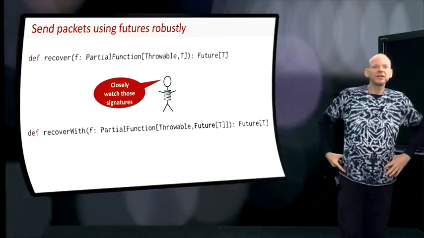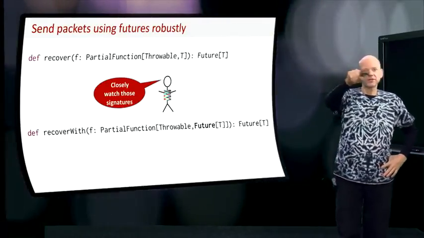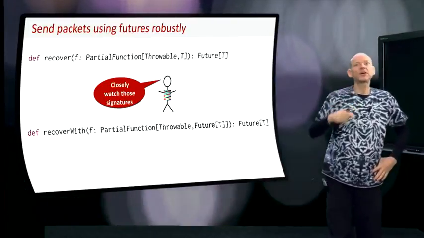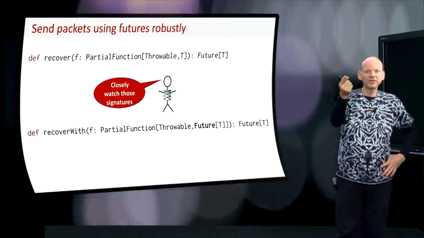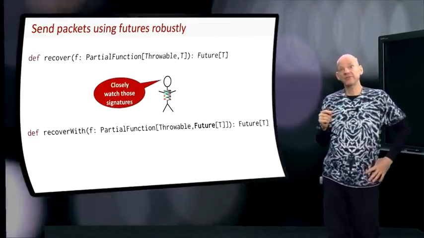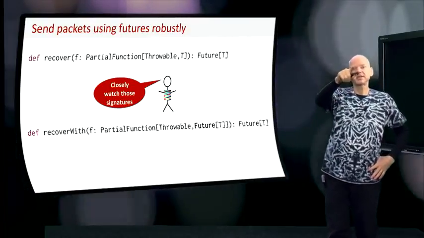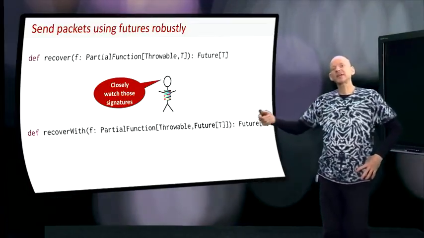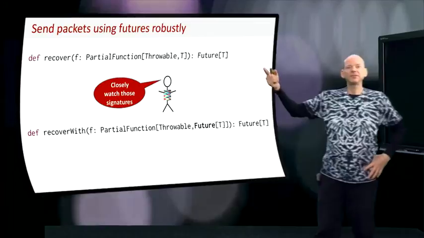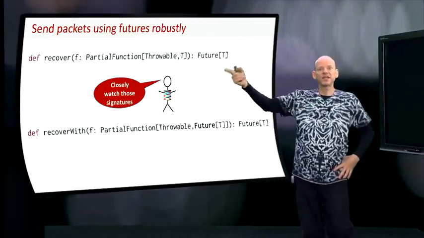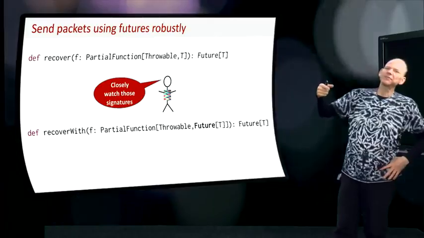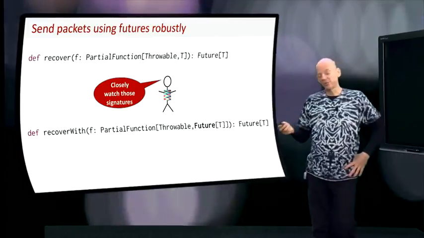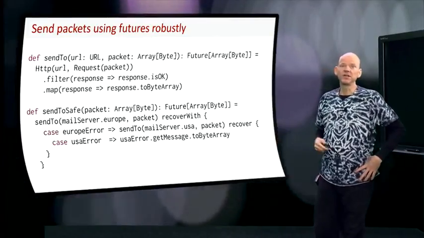But there were these 2 functions, well, the one that I showed you, but there's another one, recoverWith and recover. And you can see that recoverWith looks a little bit like flatMap, because it takes a function that takes an exception and returns a future. So it's kind of the error case for flatMap. And then we have recover, which takes a throwable and returns a T, which is kind of the map for the error case. So let's see if we can use these functions to write a more resilient version of sending